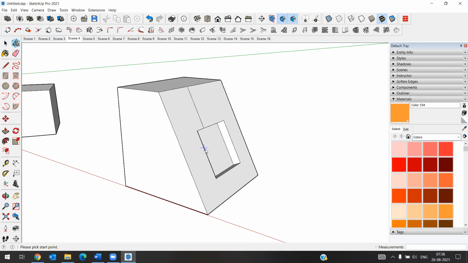In the same way, in any direction, like this. Anywhere you can draw the perpendicular one.